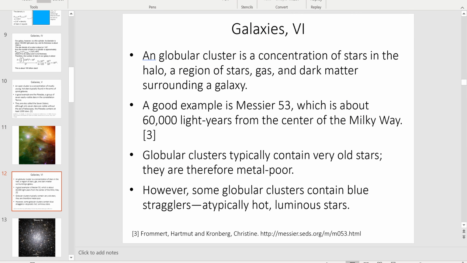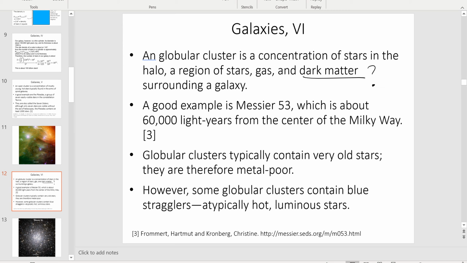A globular cluster, on the other hand, is a concentration of stars in the halo. The halo is the region that surrounds a galaxy that's mostly invisible. Not completely invisible, because halos contain these collections of mostly ancient stars. And that's what I was referring to earlier. Most of the matter in the galactic halo, actually most of the matter in a galaxy in general, is dark matter, the nature of which we will talk about later in this course. You may have heard of dark matter. It's a mysterious form of matter that is the subject of much speculation.